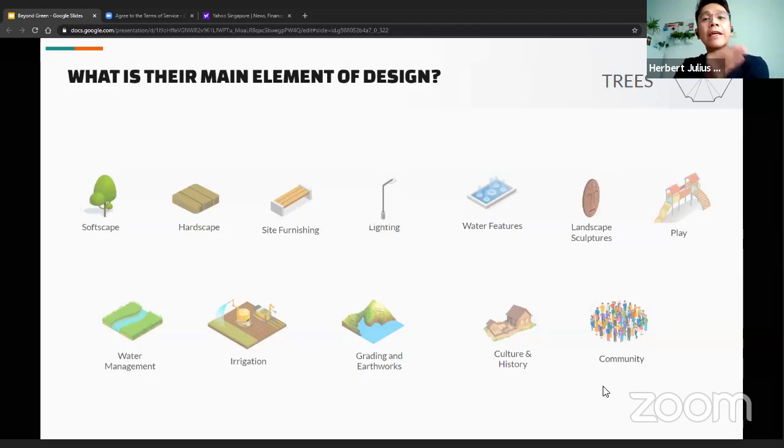If you want to see the whole expanse of what we look into, we consider the paving material, the site furnishing, benches, what kinds of lighting we put in, how we approach the water features in the site, and the sculptures and artwork, and elements of play if it's a recreational park.